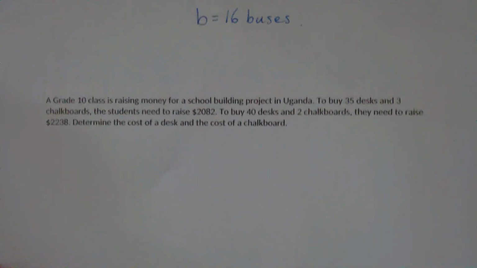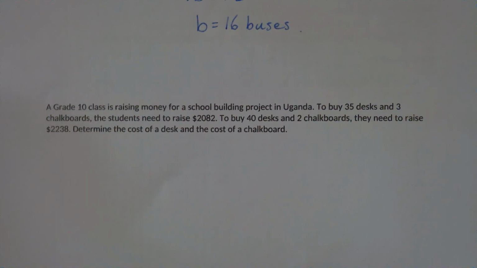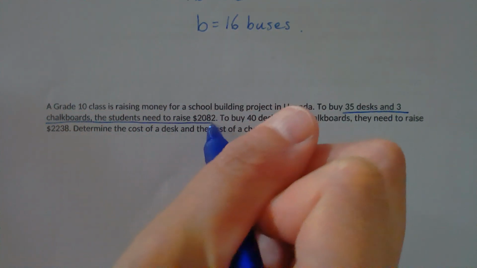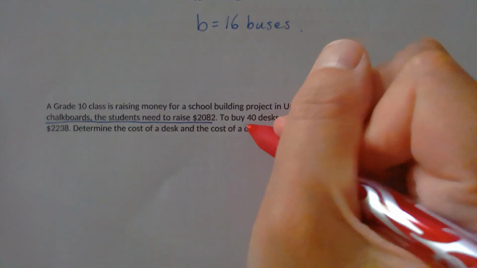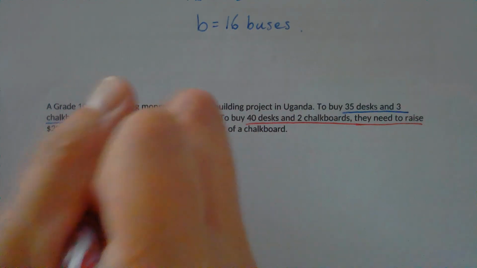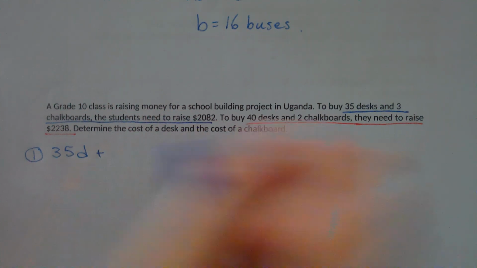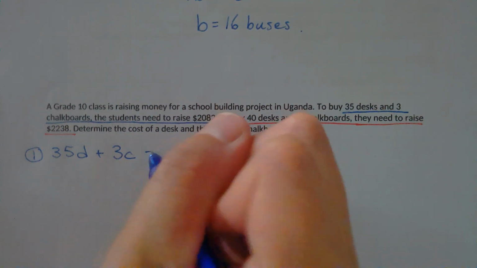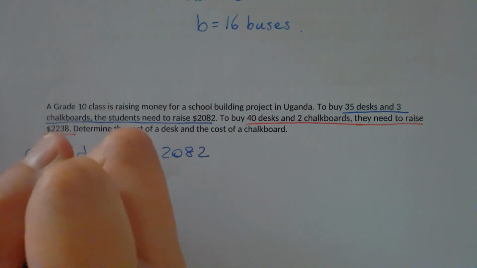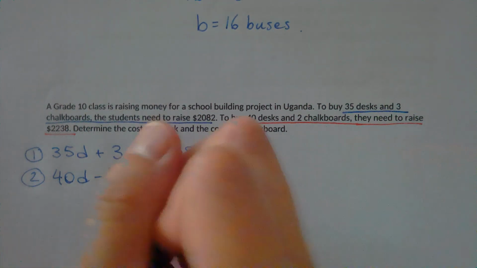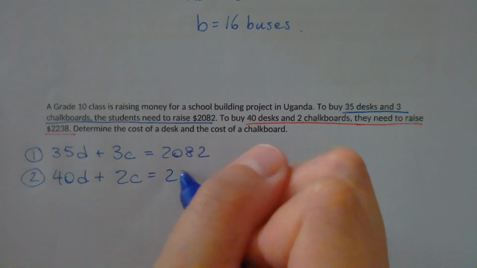Okay, number 2. Grade 10 class is raising money for a school building project. So I want to write my two equations. This is my first sentence. This is my second sentence. Okay, and I have to write my two equations. So the first one is 35 desks, so 35D plus 3 chalkboards equals 2082. Second equation, 40 desks, 2 chalkboards, and